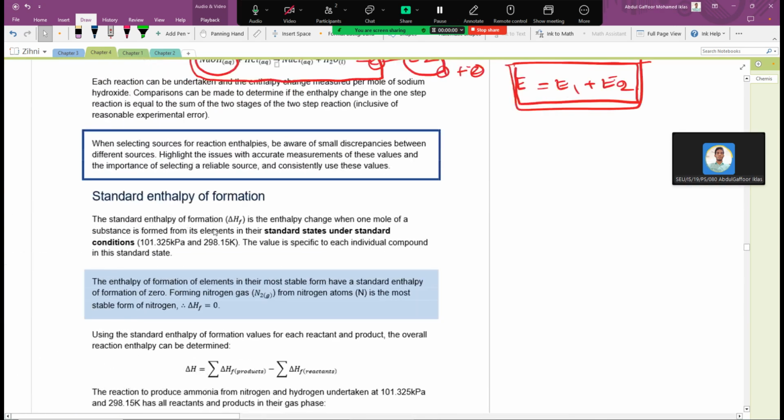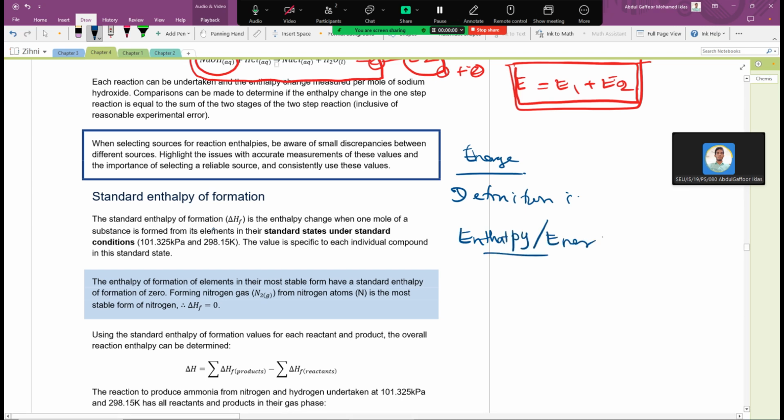Okay, now we will focus on standard enthalpy of formation, right? So now we are studying energetics, right? Now we have some definitions in energetics. Now we are going to be studying about enthalpy. So enthalpy is nothing but energy, right? So enthalpy or energy. Now we have different kinds of energy. For example,